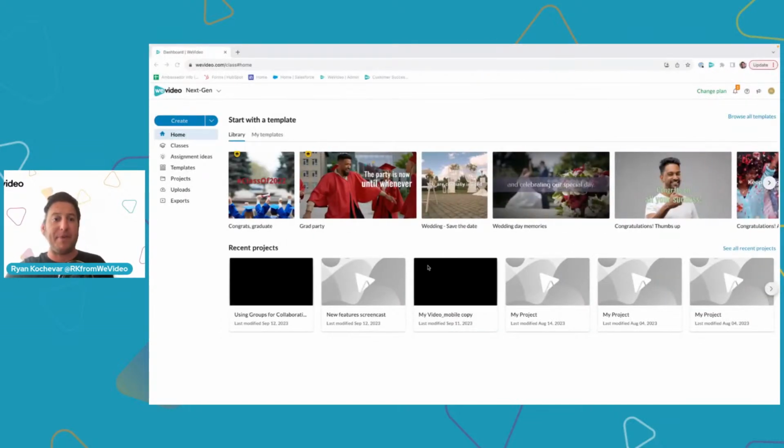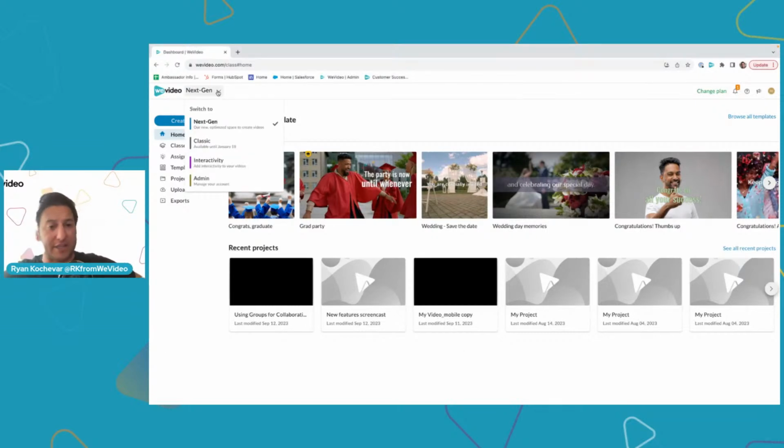So let's jump in. This is the dashboard in an admin account. I do have a teacher account prepared to show you because it does look a little bit different, but admin looks very similar to the way a teacher account looks in Next Generation. So I'm going to start here, and I'll move over to a teacher account. So in order to migrate your projects, right, from Classic to NextGen, I'm going to navigate to Classic from the